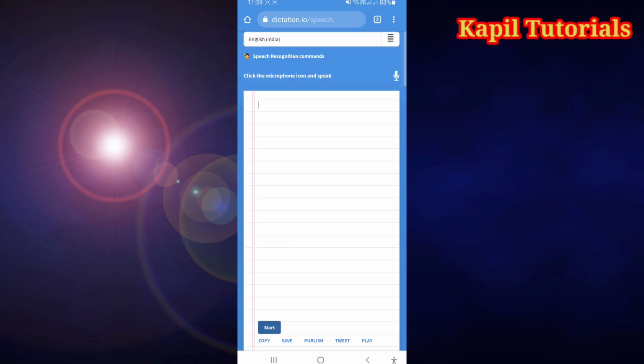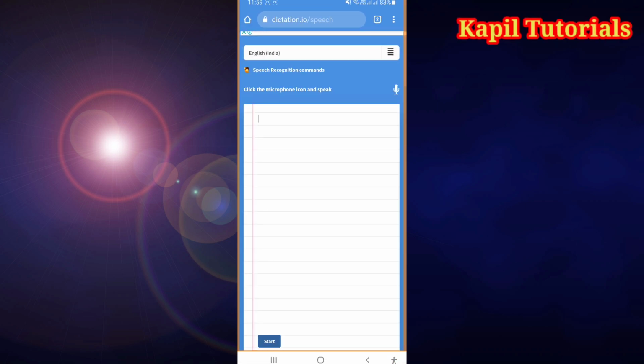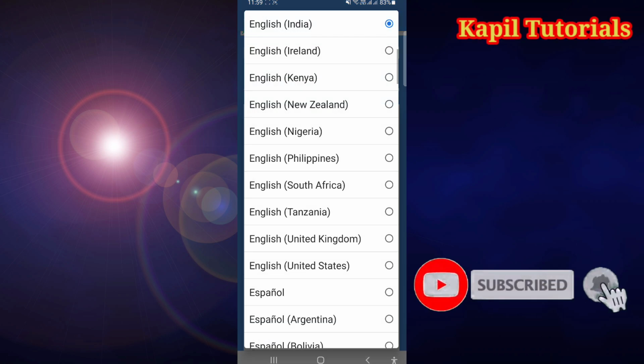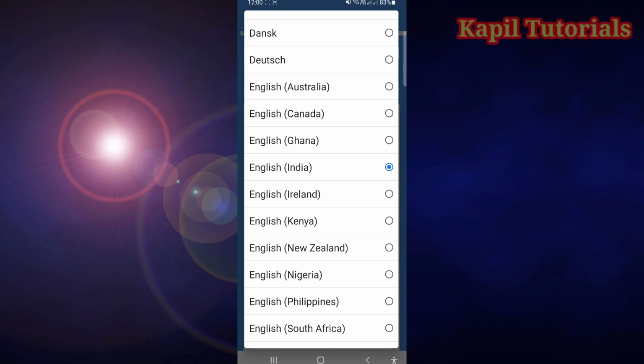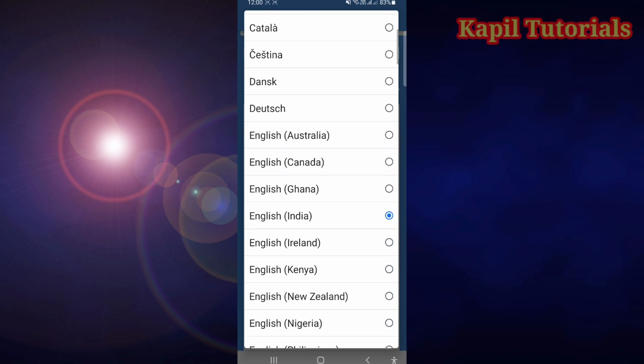Now here, suppose I want to type in English. On the top you could see the options, some lines are there. You have to click here. You could see different languages. By default English India has been set, so I'll use this language, but you could see plenty of languages are there.